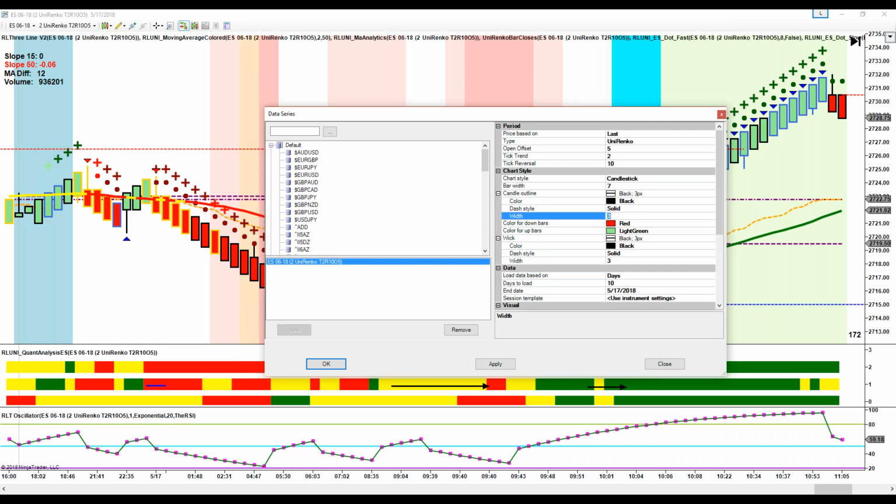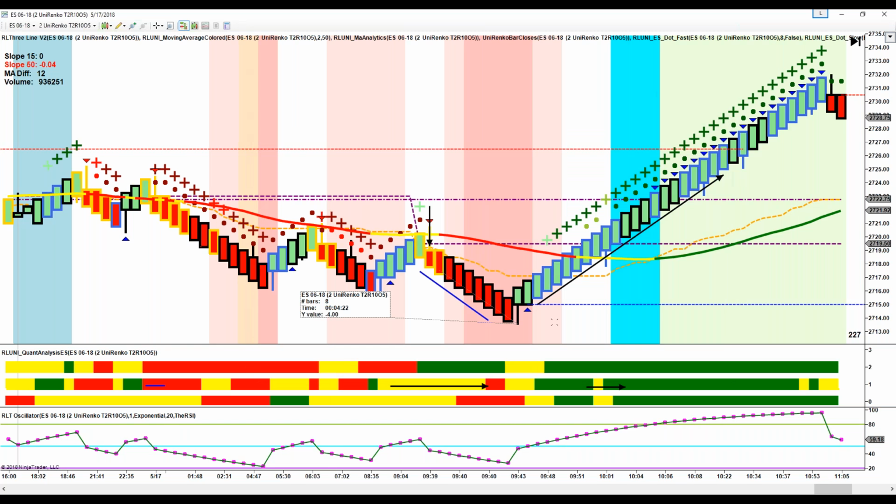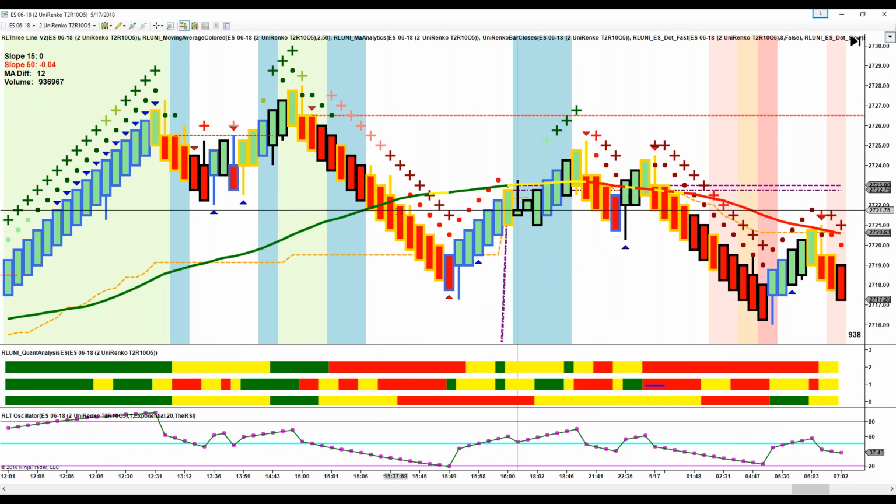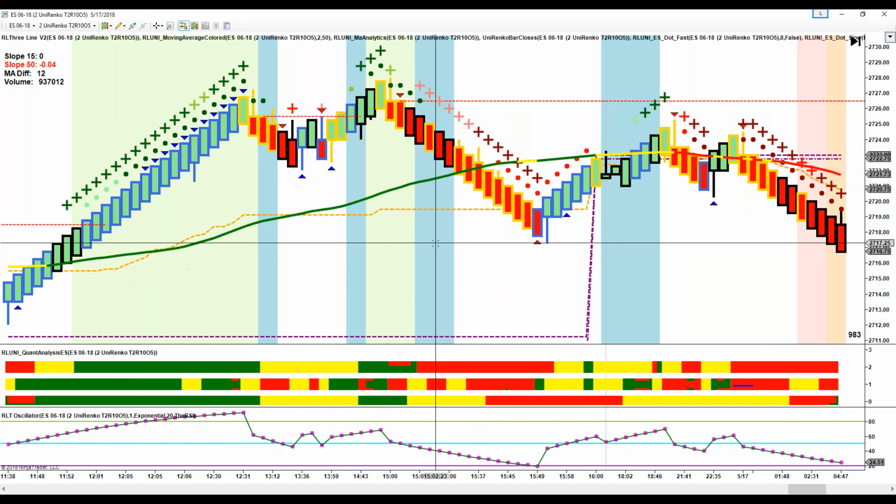And if you want, you can make it 5 and the wick 5. And then you're going to get really thick halos. So all you really need to see are these. I would go to the trouble of making the 3 line show its color, but then I'd have to move it out of the first data box, because then it would interfere with price and it would just make the chart a gigantic mess. All that you care about is the outline of the candle, and that gives you all the data you need